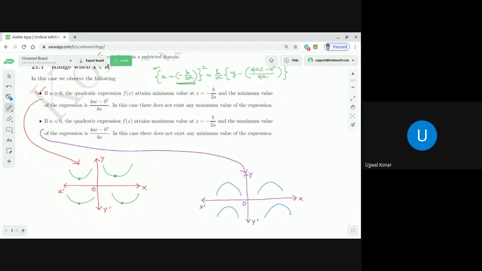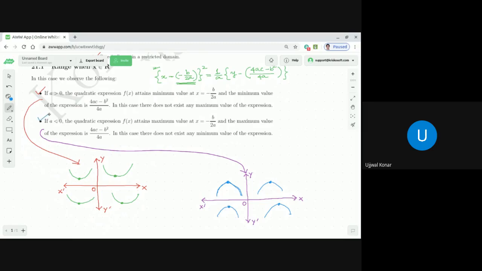But one thing we are sure of, the vertex point, dear students, its x coordinate is minus b by 2a. So when a is less than 0, where is the maximum value? The maximum value is at that peak point, no? Because the curve goes up, up, up, reaches the peak at the vertex and comes down. So this is the maximum point at minus b by 2a. So that's why it is written here, dear students.